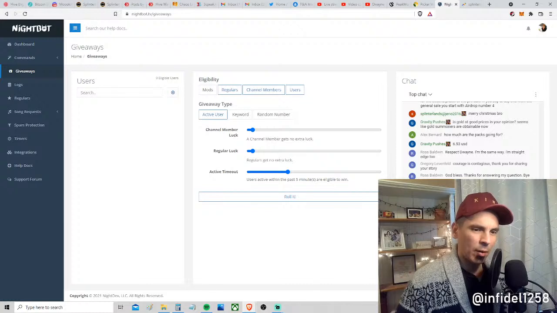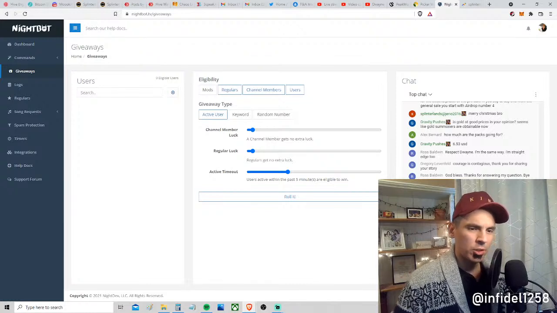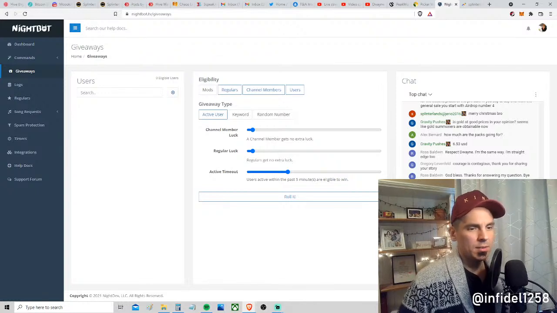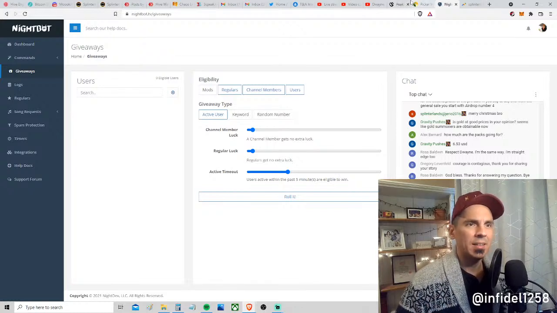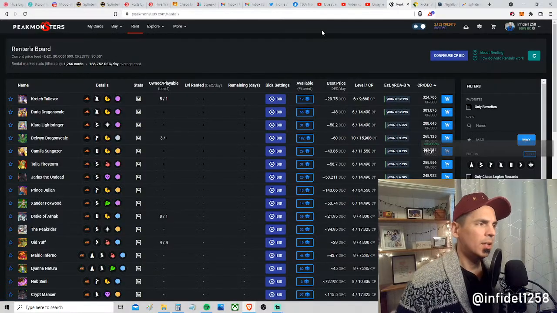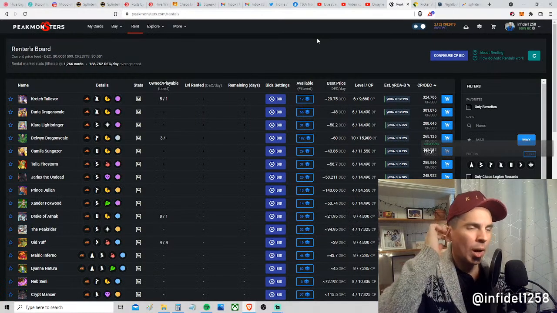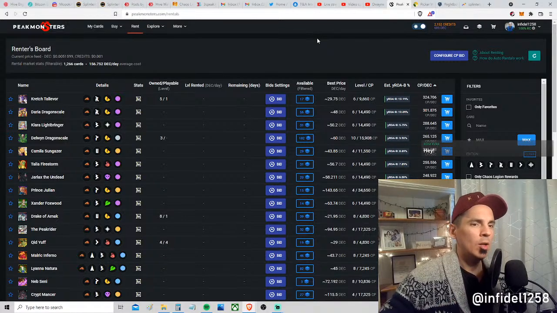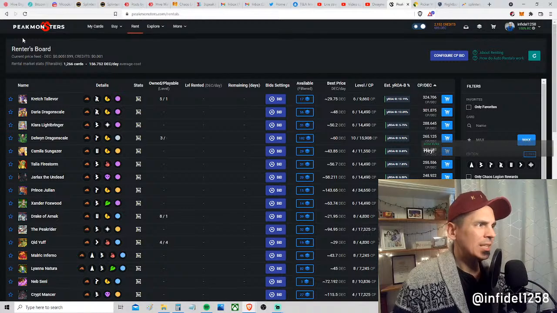David Dickinson says, I rent one card, Gold River, just to fill a hole in my blue deck and get me into Silver 2. This is how I see rentals, David. What you just said is how I see rentals. It's there to fill a need. If you need one card to fill out a requirement, whether it's a summoner at a higher level or one tank that you really can't afford to buy, that's what I see.